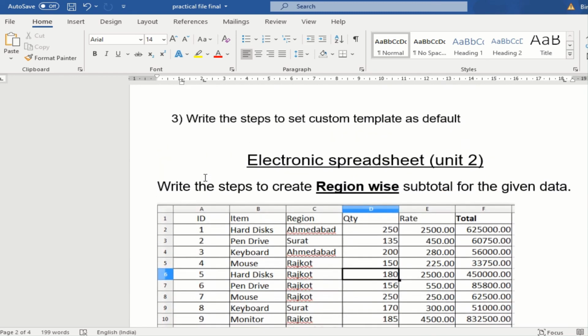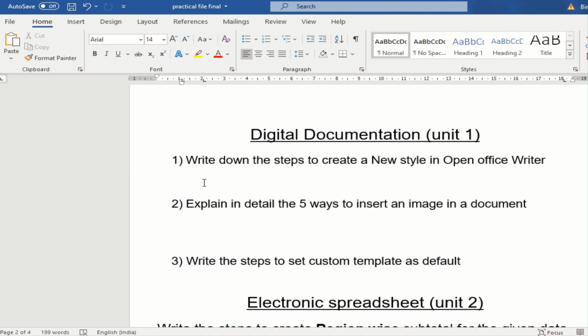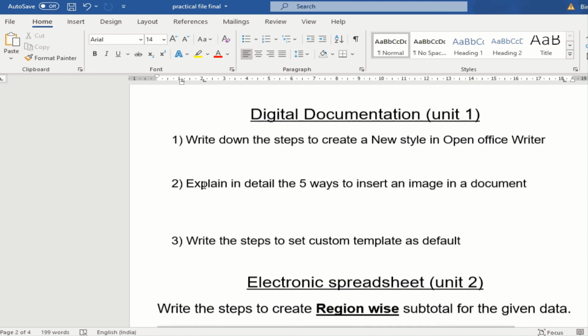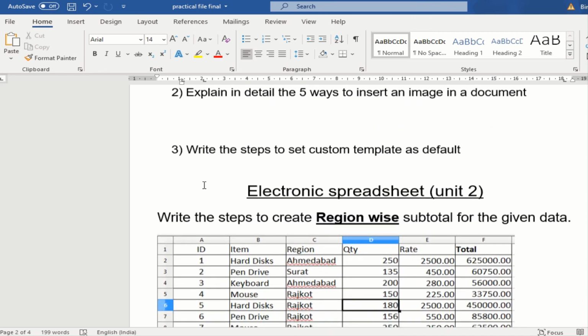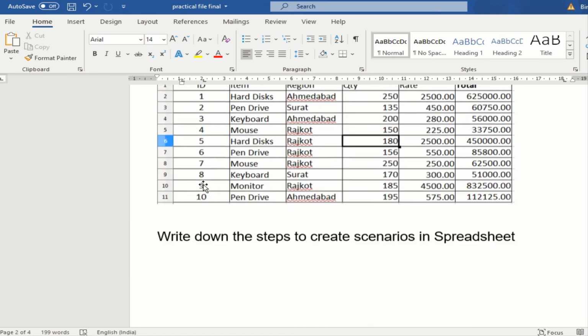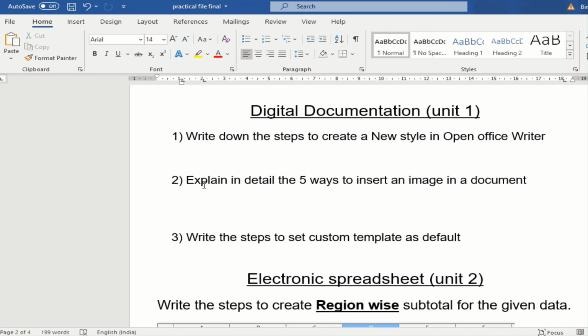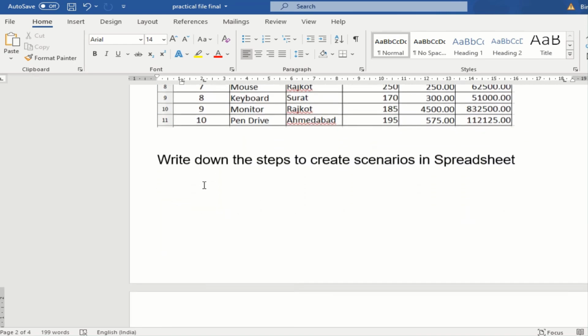This particular assignment I am going to upload onto the Classroom app and you are going to see it, and the questions will be available to you in Google Classroom. So you can just go through it and see the questions which you need to be doing. I hope you have understood how I have given you the entire details of how you are going to do this particular project, how the first page, second page, the index, and page by page how you are going to write the project.